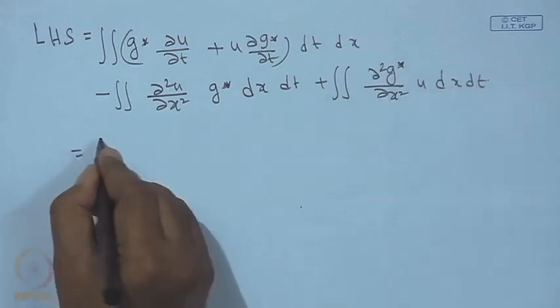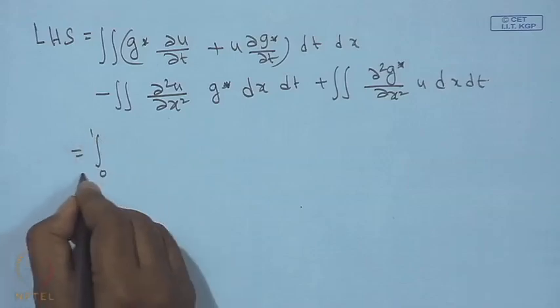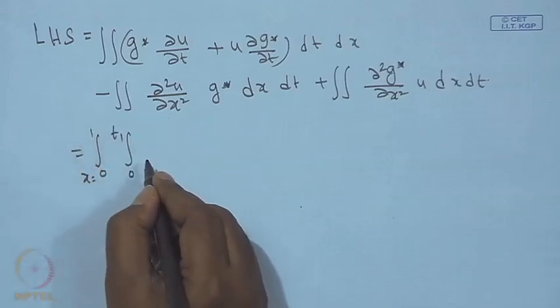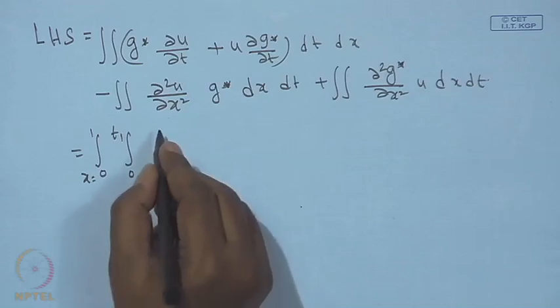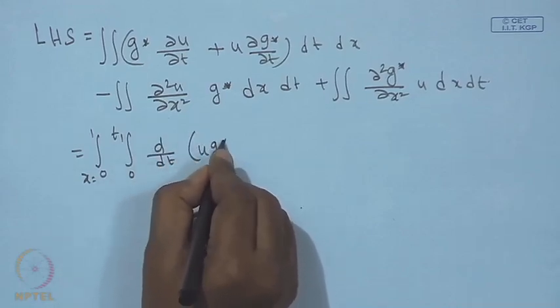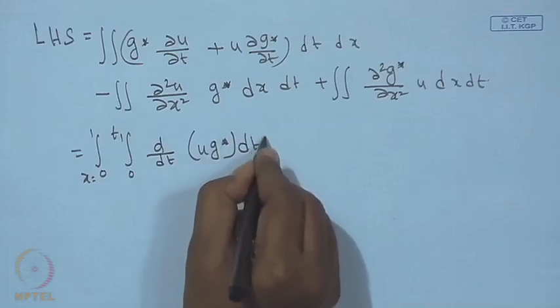So, it will be 0 to 1 over x and 0 to t1 over t, and it will be d by dt of u g star dt dx,